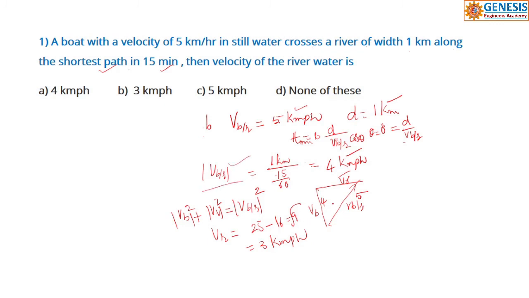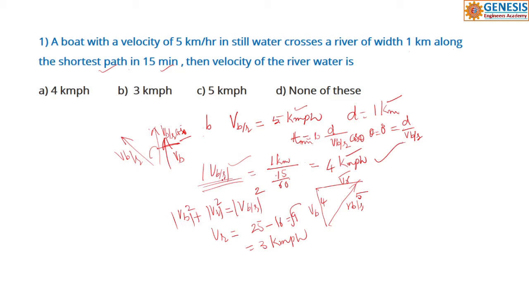Though I have written it like this, if this is the angle of VBR and this is theta, then this vertical component is VBR cos theta, which is already made 0. So this VBR is nothing but VB. Good. So that's why I have taken this. Okay. So you observe the previous slide and understand carefully.